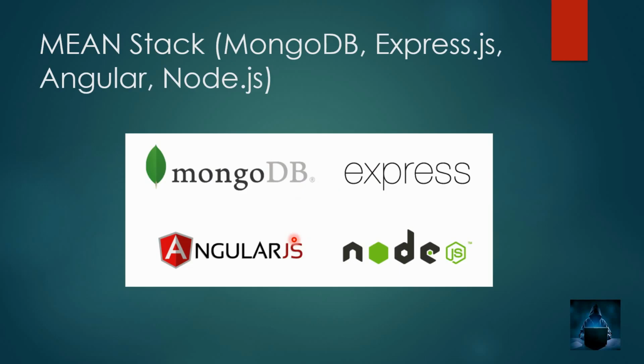And followed by this, we used to call some persons a MEAN stack developer, MERN stack developer, or full stack developer. And for front end we have two famous development modes. The first one is MEAN stack developer. So what is MEAN stack? MEAN stack includes MongoDB, Express.js, AngularJS and Node.js, right? So these are all the four technologies we are going to learn to make our front end, right?